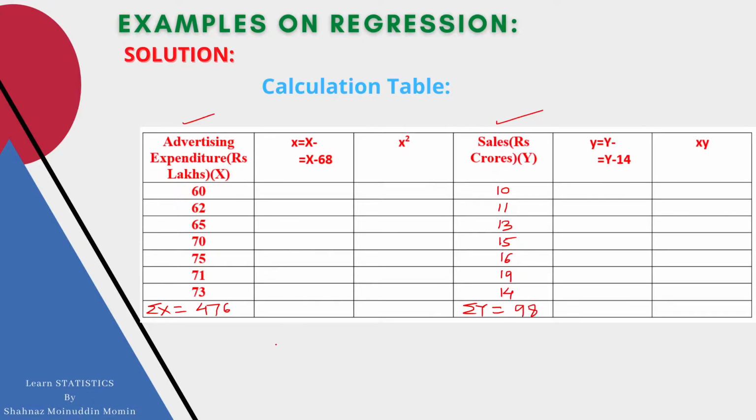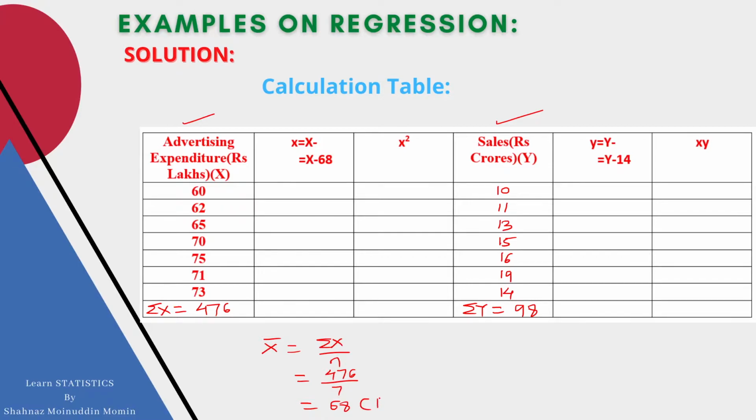Therefore, X bar is equal to summation X upon N. Since we are given 7 values, it is 476 divided by 7,